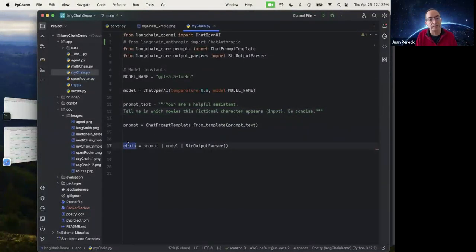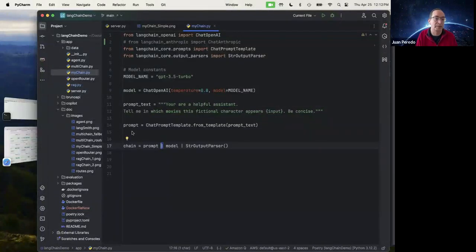And then I create my chain. And the chain looks exactly like what we had on the slide, right? We have a prompt that we defined up here. We have our model, and we have our parser. And for those that are familiar with the Linux and Unix syntax, that's basically a pipe, which means anything that comes as the output of the prompt will be fed into the model automatically, and anything that comes out of the model will be fed automatically to the parser.